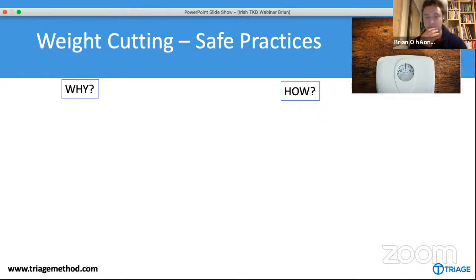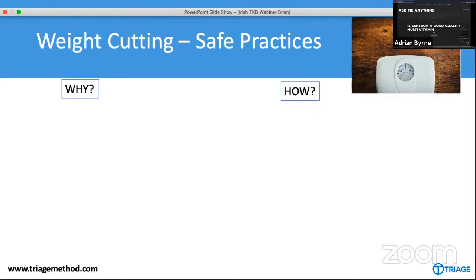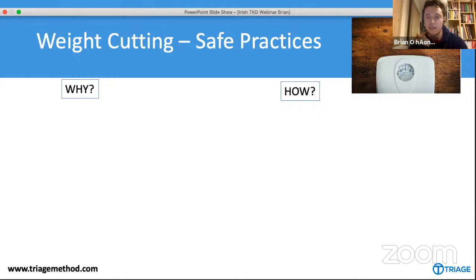Okay. Perfect. So then we have a similar question in terms of Centrum. Yeah, I'm pretty sure it fails my rule of thumb test. If you check what type of magnesium they use, I'm pretty sure it's magnesium oxide. I could be wrong on that, but I'm pretty sure I'm right. And the dosage for most of the nutrients in that is not very high. So it's okay, but there are better ones, I think.